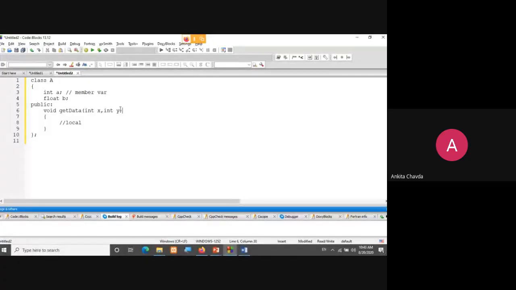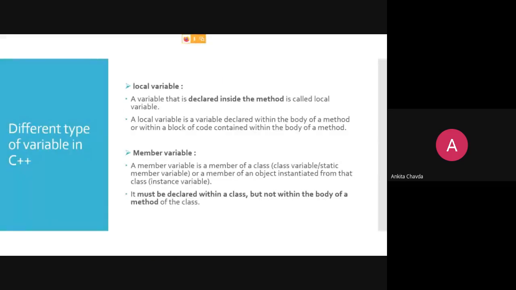Why? Because they are the formal parameters of the method. Here you can use x and y through this block. So they are again the local ones. So you can declare x and y within the method, or as parameters, but they both are local.